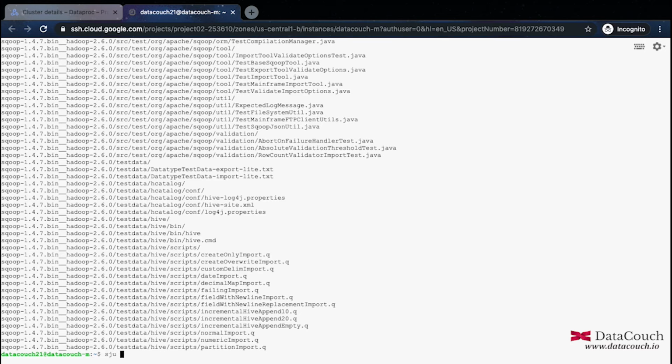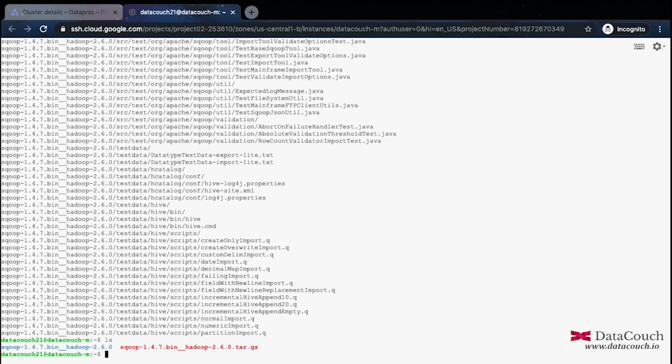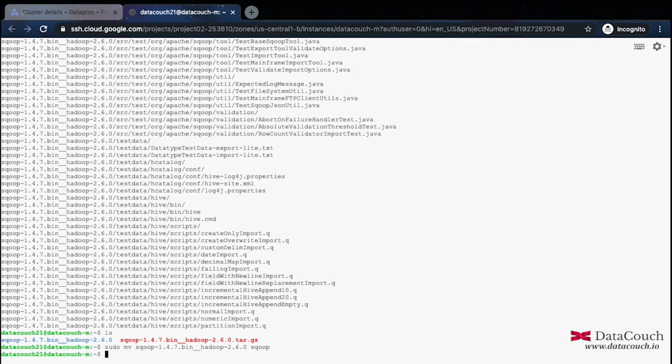After we extracted this, we can just do ls once and see we got the extracted version of the tar file, and now it is a folder. So we just need to move it into a simpler directory. I'm doing sudo mv, moving it into a directory named sqoop. Okay, so the directory is created now.